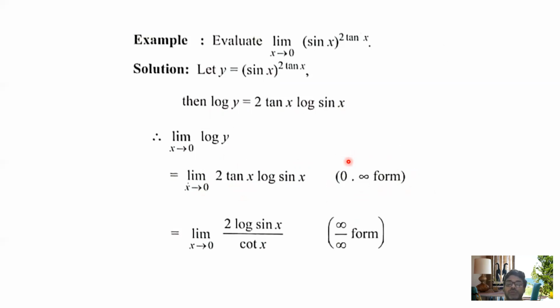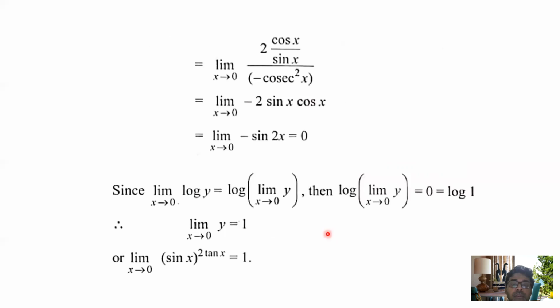So that means you have a 0 into infinity form. Now you know, if you have a 0 into infinity form, then you can transform it to 0 by 0 or infinity by infinity according to the problem. Here we can write tan as 1 over cot, that is 2 log sin x by cot x, which is a 0 by 0 form. After getting the 0 by 0 form, you can apply L'Hospital's rule, that is 2 cos x by sin x, over minus cosec square x. Again after simplification, what do you have? Minus 2 sin x cos x,